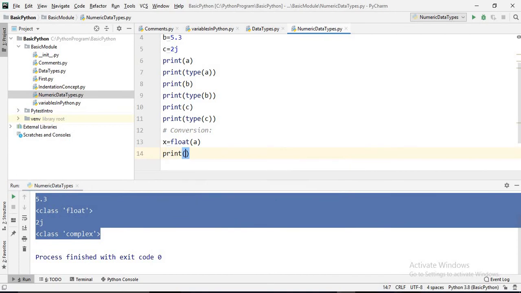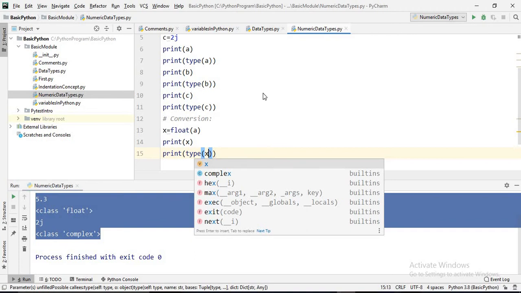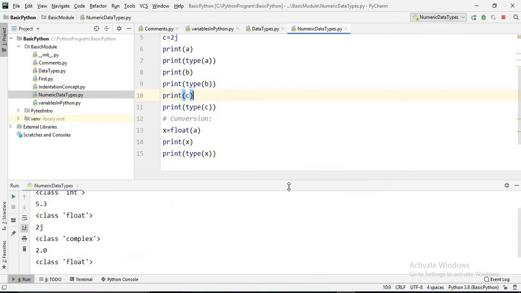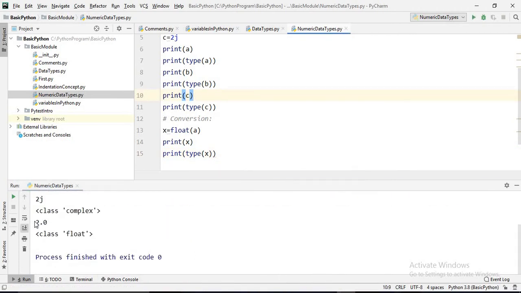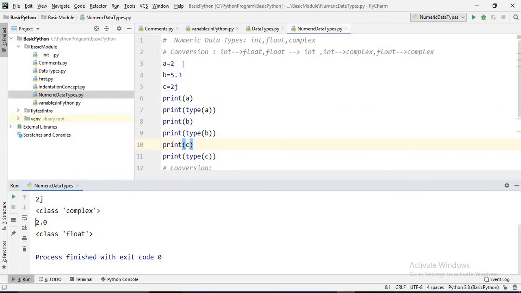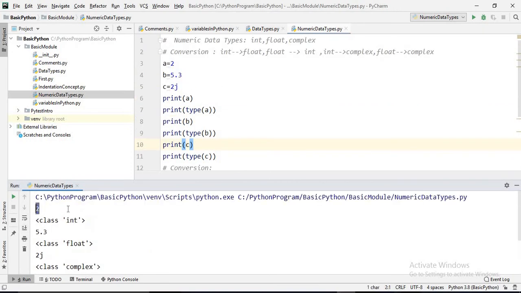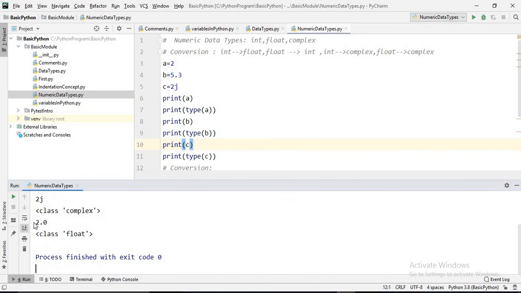First print the value of x and then print the type of x. Now run this one. See, it is converted to 2.0. Earlier it was 2, now it is 2.0, class float. It is converted into float.